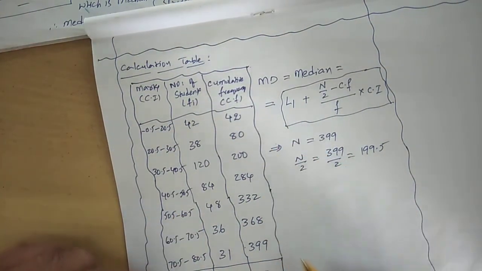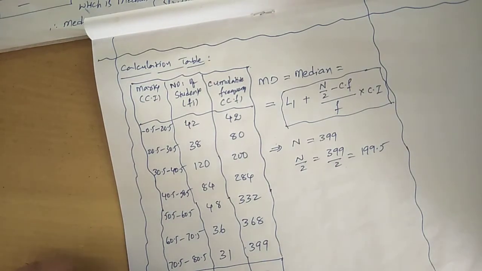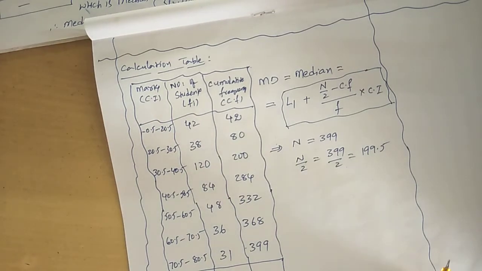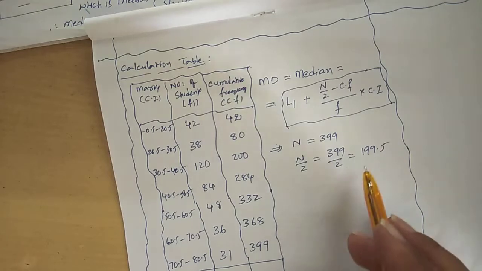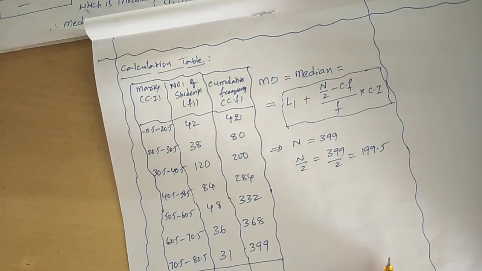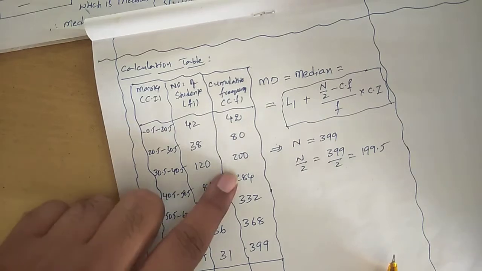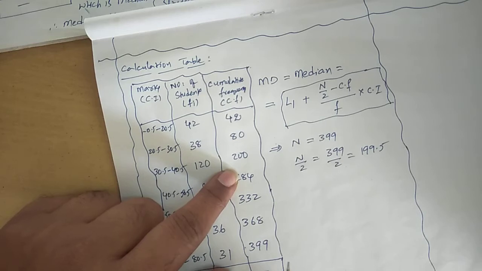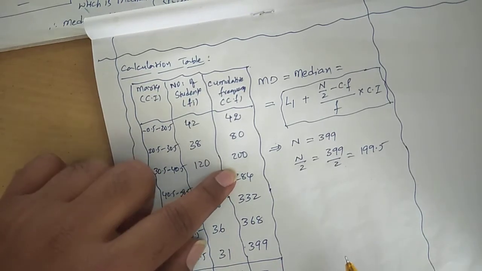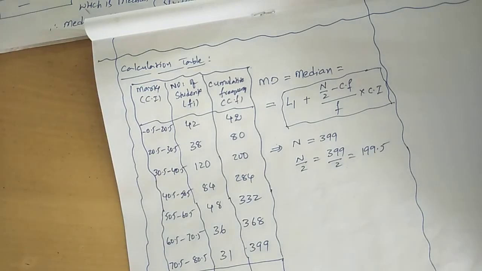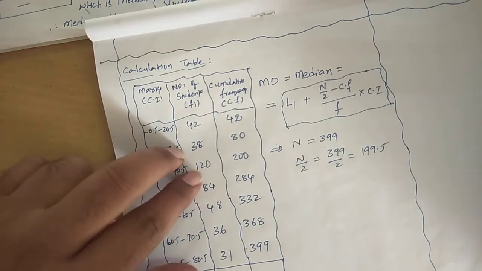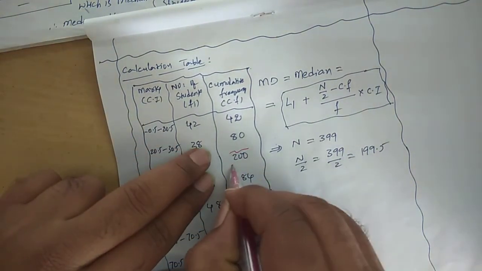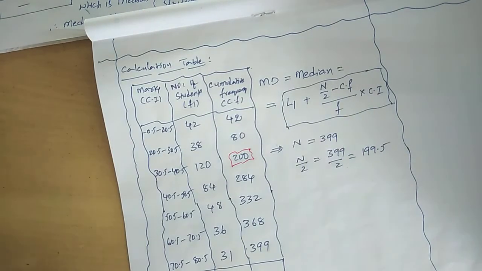So in the calculated cumulative frequencies, now find where 199.5 is. That should be there, or a little bit more value. What is the cumulative frequency value which is equal to 199.5, or else a little more than that? Nothing but 200. Understand? Okay. This is most important, because that is going to be the pointer for all other values. 200.